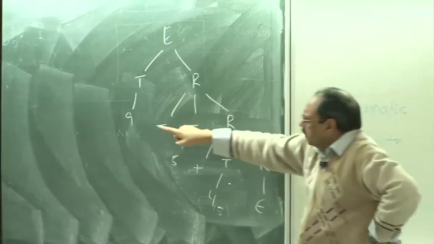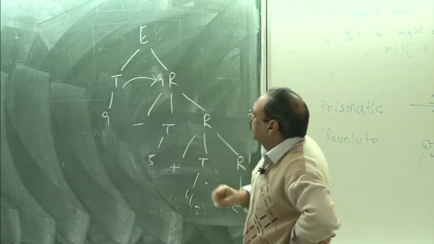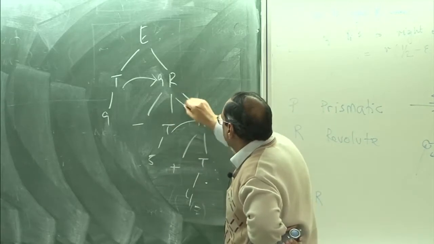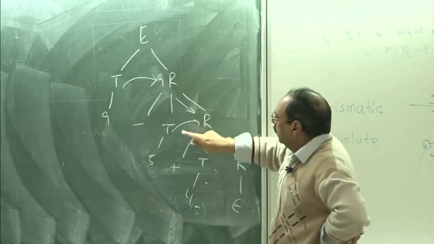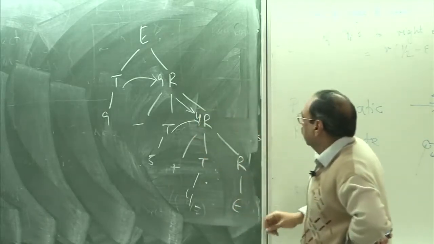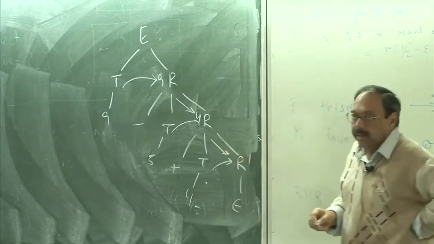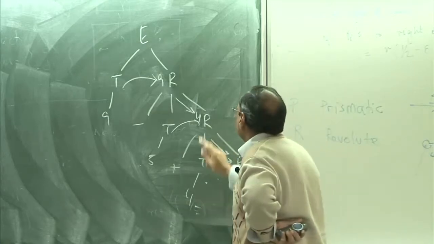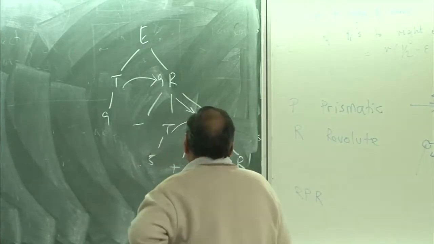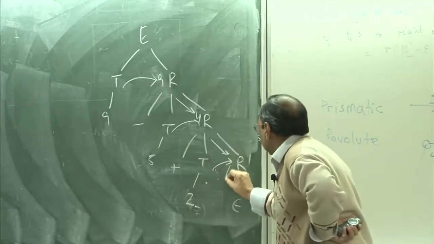Okay. So, now when I take this value, first this value just gets copied here, and now I say that I want to compute the inherited attribute in terms of this and this. This attribute is coming from the parent, this attribute is coming from the left sibling, and therefore, I get a value which is 4 here. Then I am computing a value which is coming from the parent and a value which is coming from the sibling, and I get a value which is 9 minus 5. What is the equation I was using here? 2. Okay. So, this should be 2 here. So, this gives me 6.